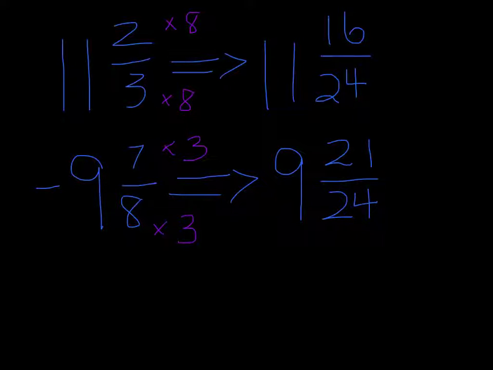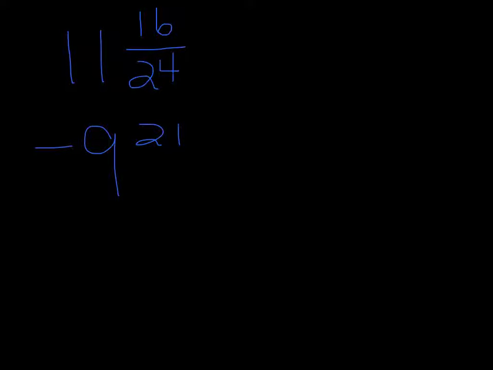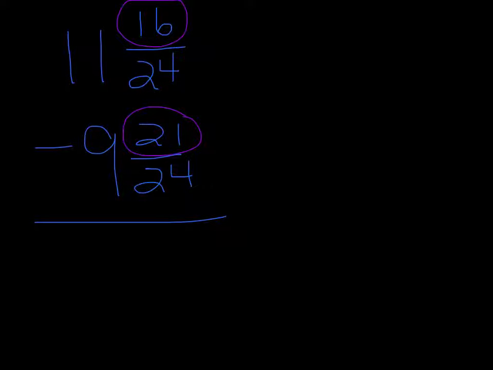Since we're still subtracting, we're still going to have that subtraction there, and we have to look at our pieces now. So we look at 11 and 16 24ths, subtracting 9 and 21 24ths. We have to look at what's happening. We have 21 parts that we're trying to take away from 16. We can't do that. So we have to remember our subtraction skills and that we have to borrow from the